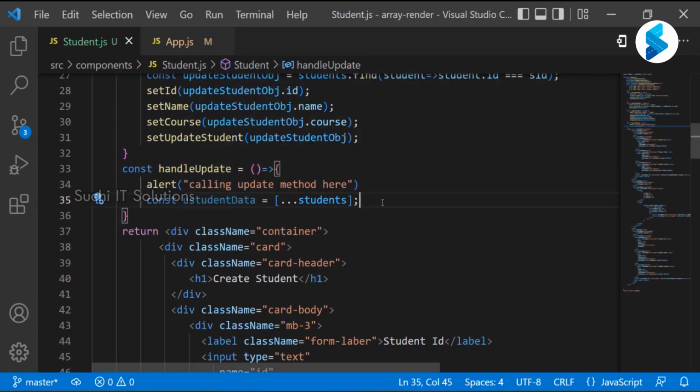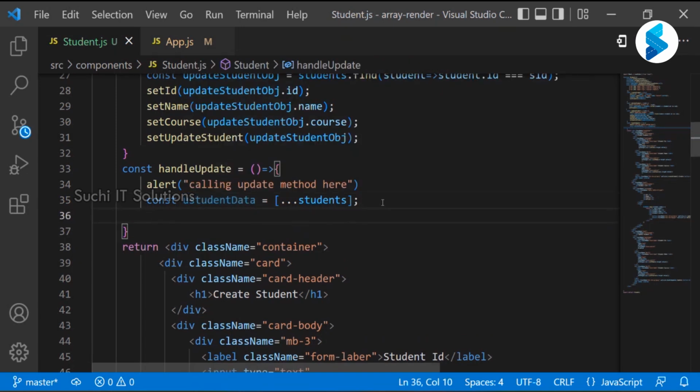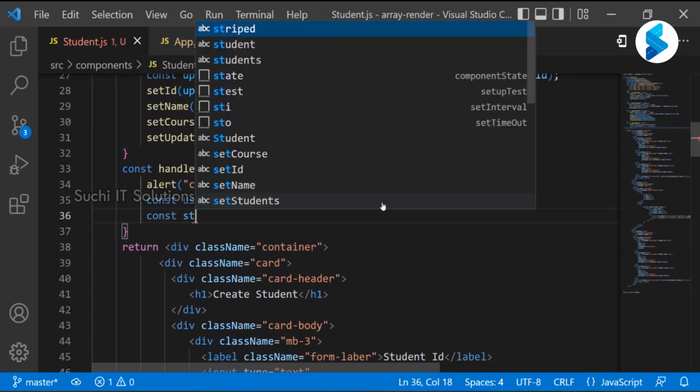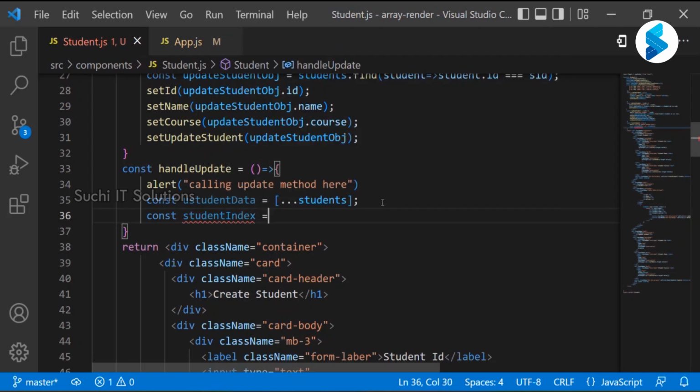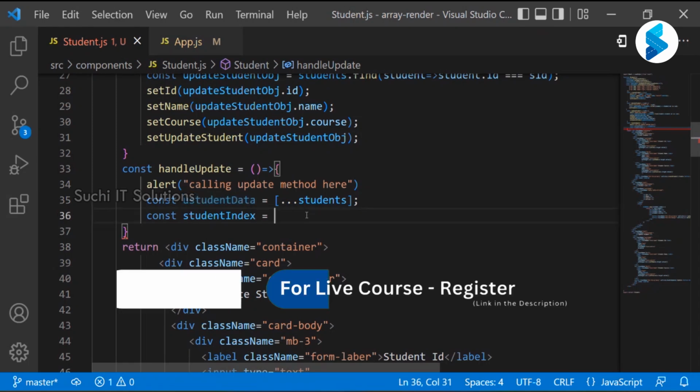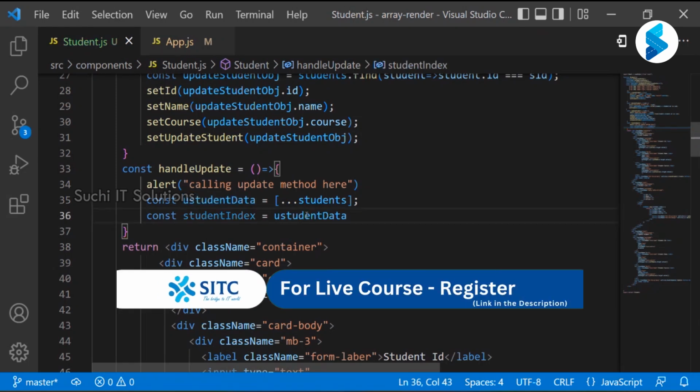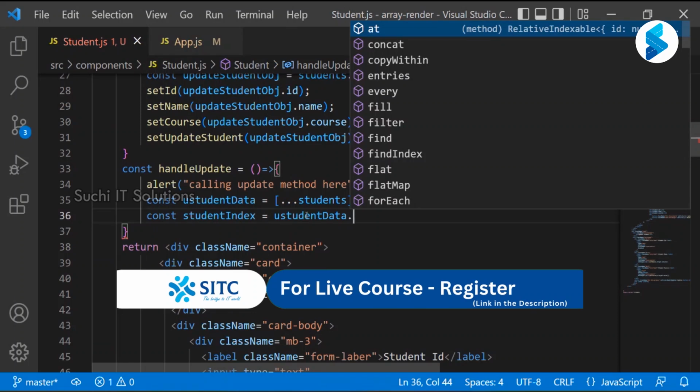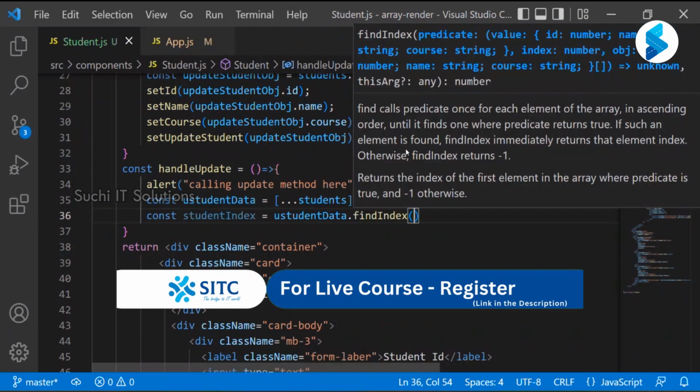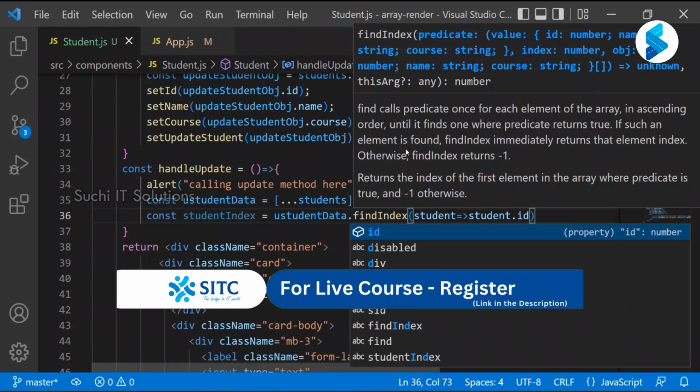After that, the main focus is we need to get the index value first. So that is the reason: const studentIndex equals uStudentData dot, there is a method available, the findIndex method. How to find that? The student ID is there, right? Student ID